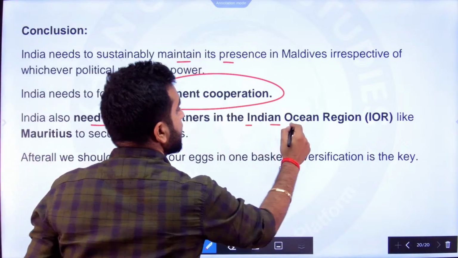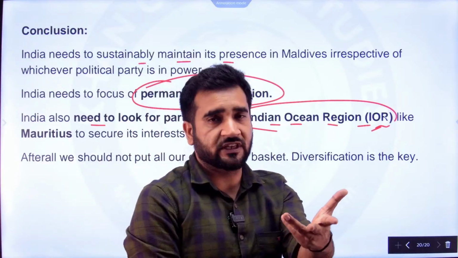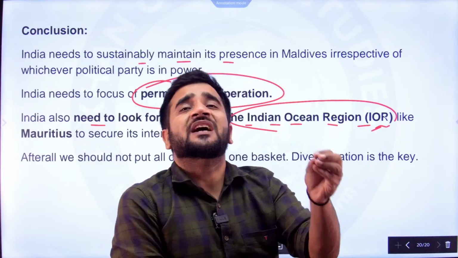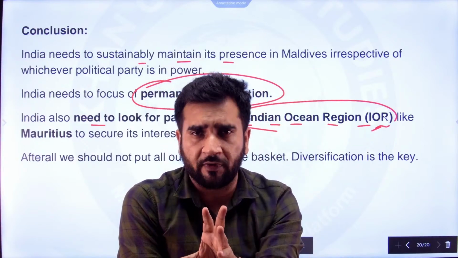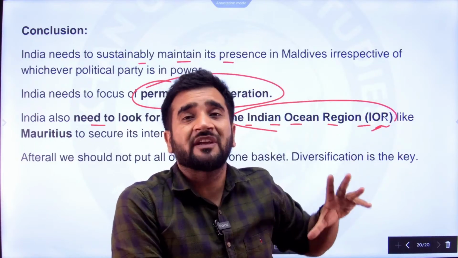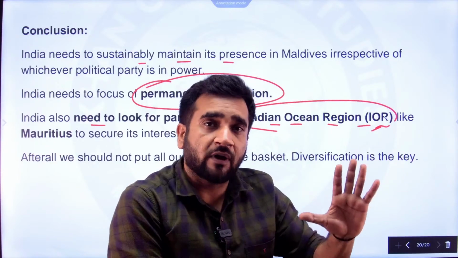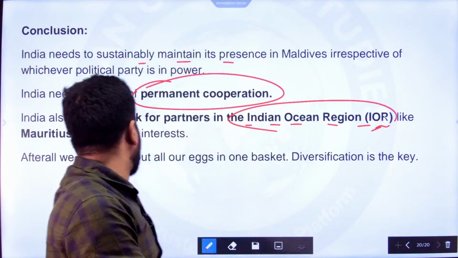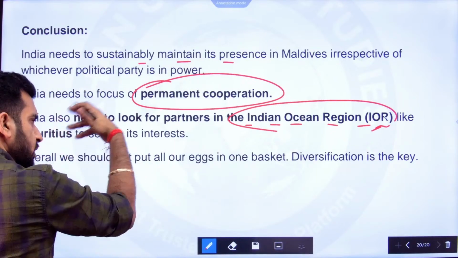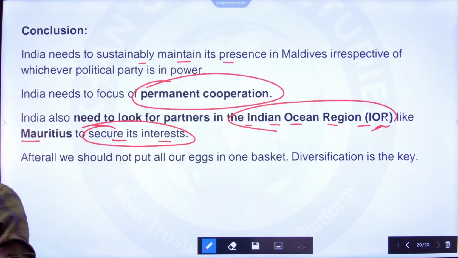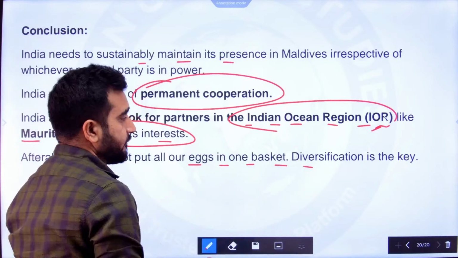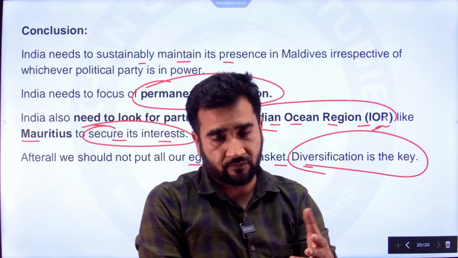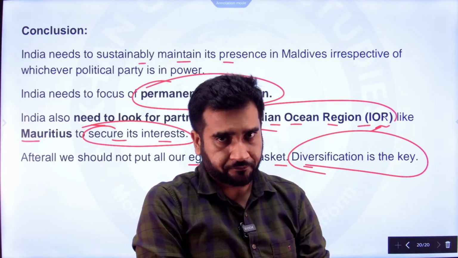इंडिया ऑल्सो नीड्स टू लुक फॉर पार्टनर्स इन द इंडियन ओशन रीजन। आफ्टर ऑल क्या वजह है मॉलडीव्स के साथ रिलेशंस निभाने की? अच्छा, एक तो नेबर है, प्लस इंडियन ओशन में हमारा स्ट्रेटेजिक प्रेजेंस है। बाई चांस यहां नहीं हो पा रहा है या कुछ चैलेंजेस आ रहे हैं इन द मोमेंट, तो आप दूसरी कंट्रीज जो इस रीजन में, जैसे कि मॉरिशस है, उनके साथ रखो ना बढ़िया, ताकि आपका प्रेजेंस बरकरार रहे इन द इंडियन ओशन रीजन। दिस इज व्हाट यू नीड टू अंडरस्टैंड। तभी मैंने बोला कि मॉरिशस के साथ हमें भी रखना चाहिए, और भी कंट्रीज इन द इंडियन ओशन रीजन टू सिक्योर इट्स इंटरेस्ट। वी शुड नॉट पुट ऑल आवर एग्स इन वन बास्केट, डाइवर्सिफिकेशन इज द की। So then only we will be ahead in the competition in the entire region, that is the Indian Ocean region, ठीक है।